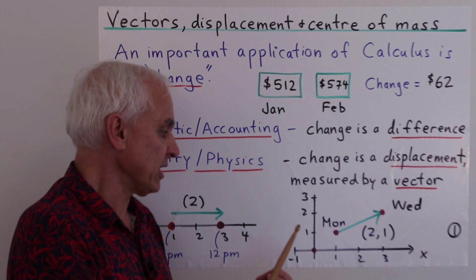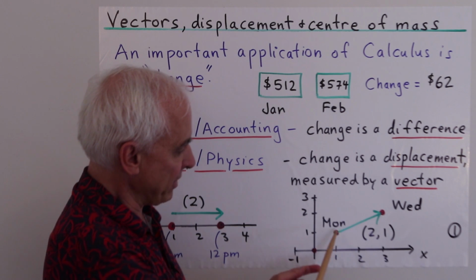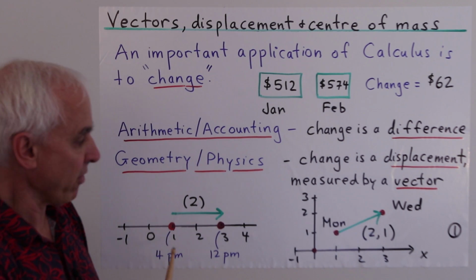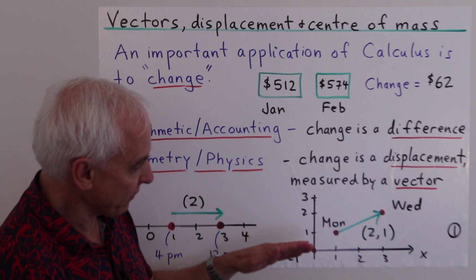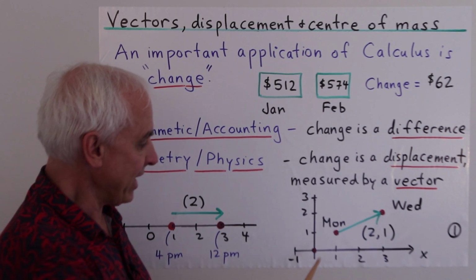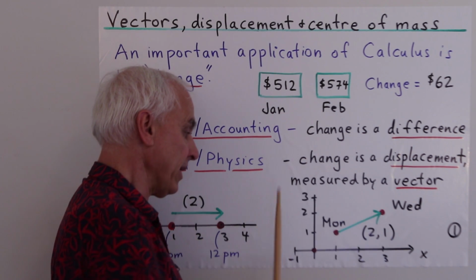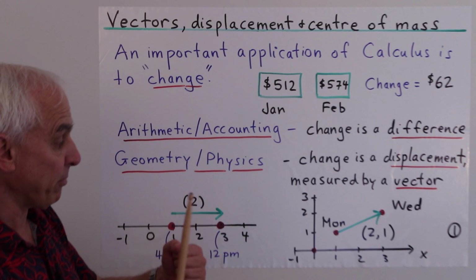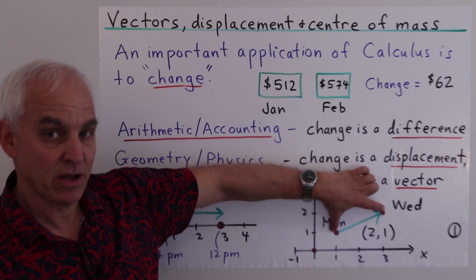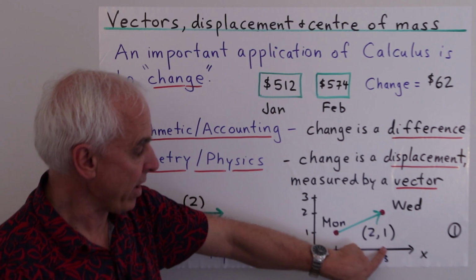And that change is measured by this displacement. The displacement now represented by this green arrow or vector, which is now going at an angle. It's not purely in the x direction or purely in the y direction. It has a component of 2 in the x direction and a component of 1 in the y direction. So we could represent this change by this green vector, and we could give it the name 2, 1